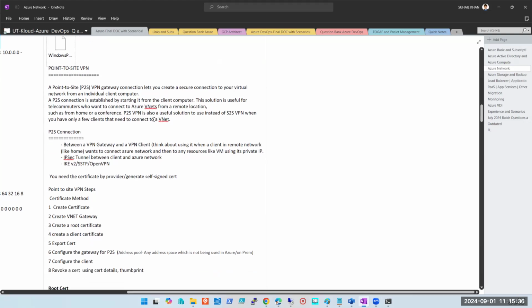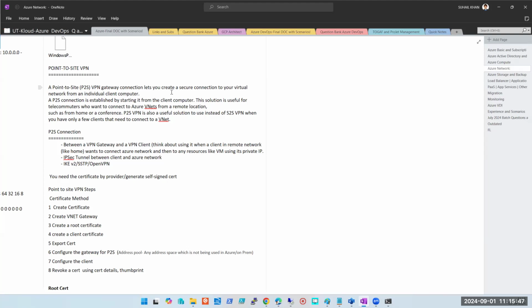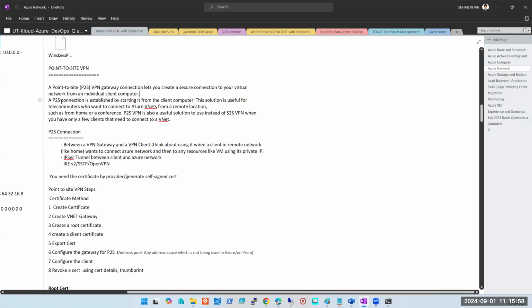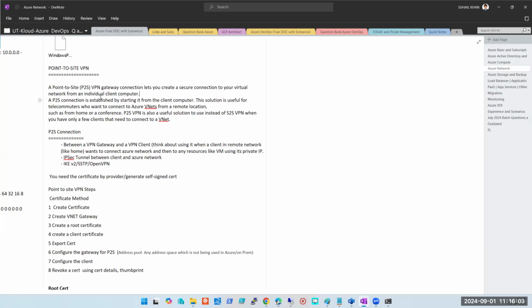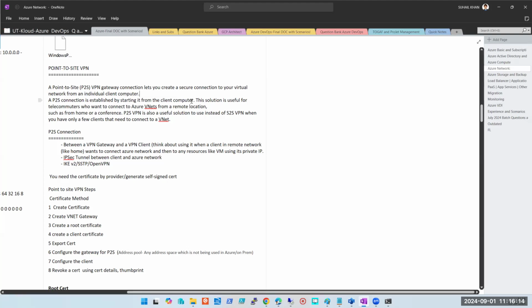Right. So to have the point to site connectivity, what is it? We already discussed that from an individual computer, you want to have a secure connection. Otherwise, a public IP is always there. But I told you, your applications and all other things will not have a public IP. You will not be able to communicate to them using the public IP directly, right? So a secure connection has to be there. For example, sitting here I want to install my payslip from my office network. It will require a VPN, right? Because I cannot connect to my office network over the public internet directly. Okay, so a point to site connection is established starting from your client computer.